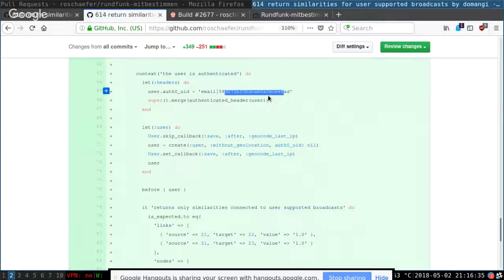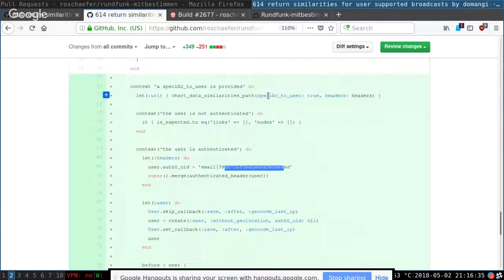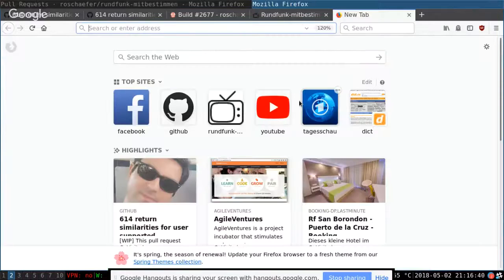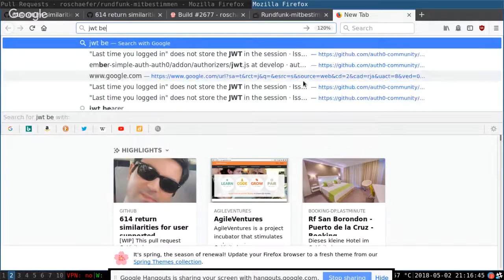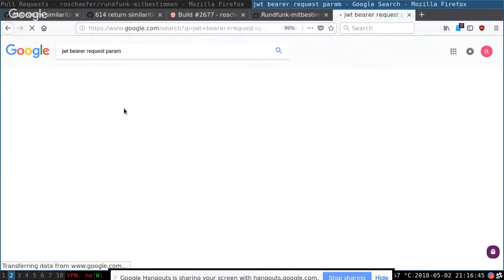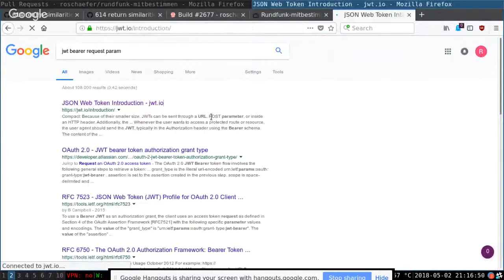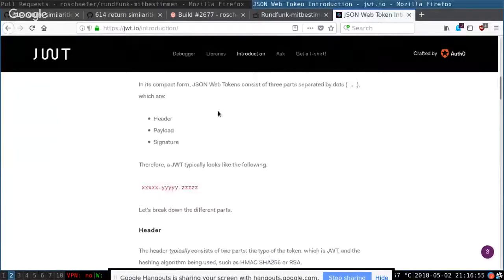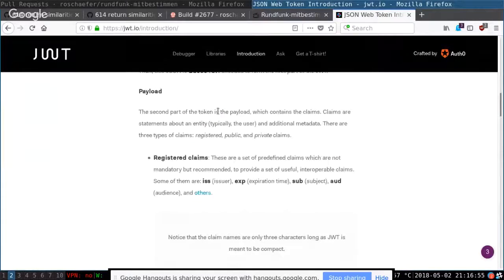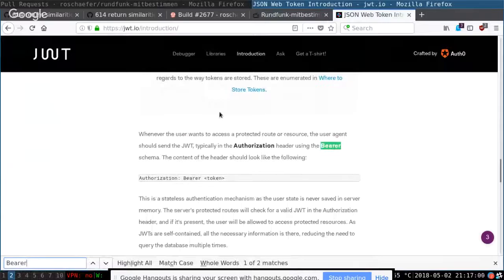If you log in, then you get a JSON Web Token, the bearer token, so that's the access token as far as I know. In the request header you have authorization colon bearer and then some kind of token.